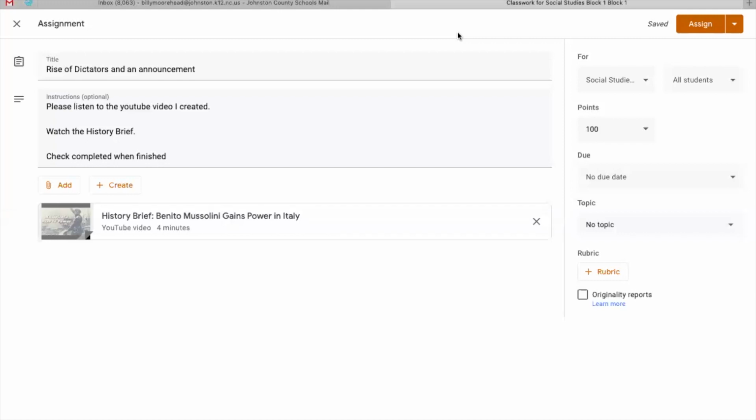This is where we see folks like Hitler take power in certain countries. When we cover this, a lot of these folks did awful things. When we talk about the rise to power, we're not necessarily talking about the horrible things that they did. We're just talking about how they got in power. Those lessons will come later. All right, so please keep that in mind, that we're studying one segment of these people's lives.